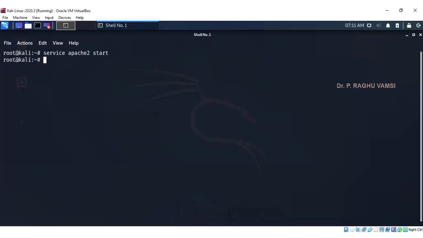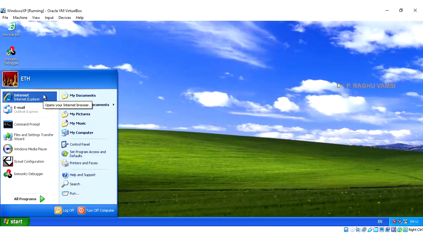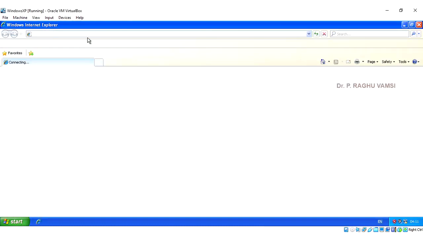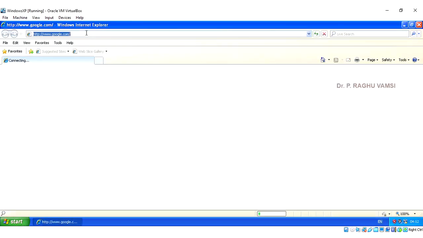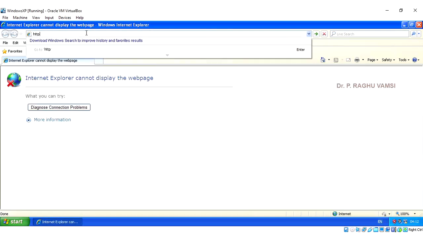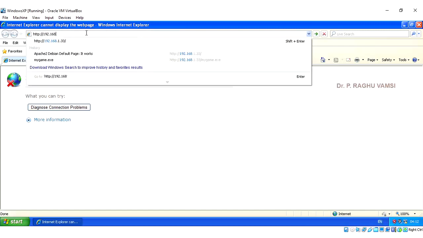How can you tell the server was started? Go to the Windows XP platform, and there click on the Internet browser, Internet Explorer. There you type the address http://190.168.1.33, which is the Kali Linux operating system IP address.